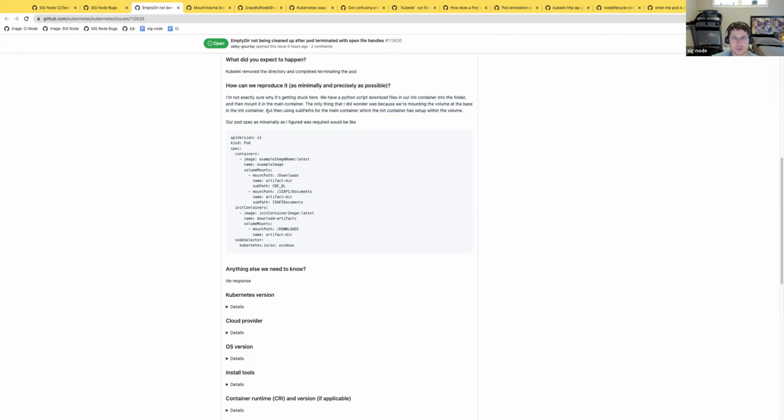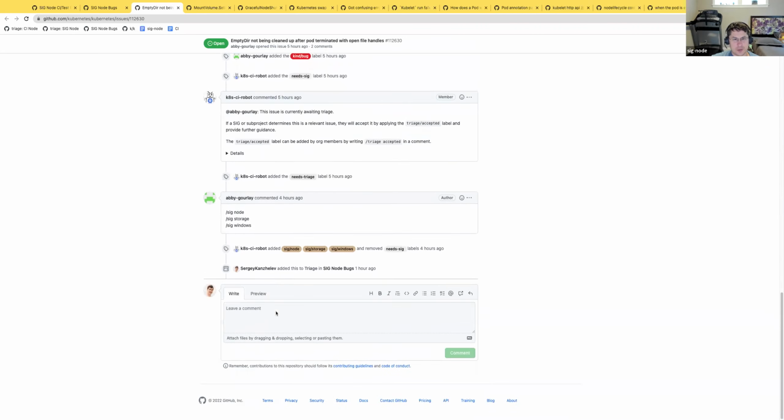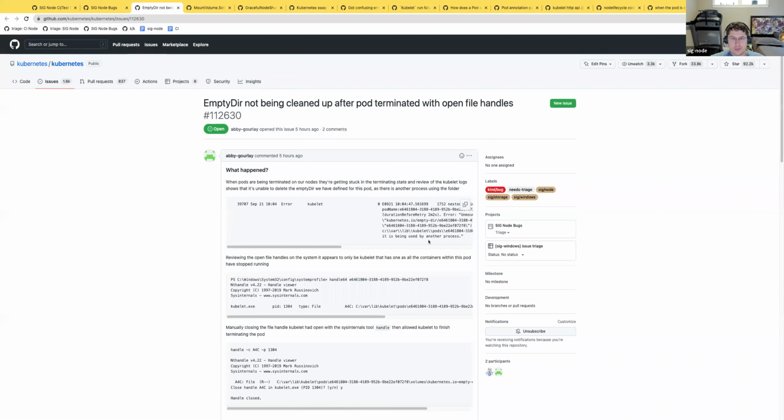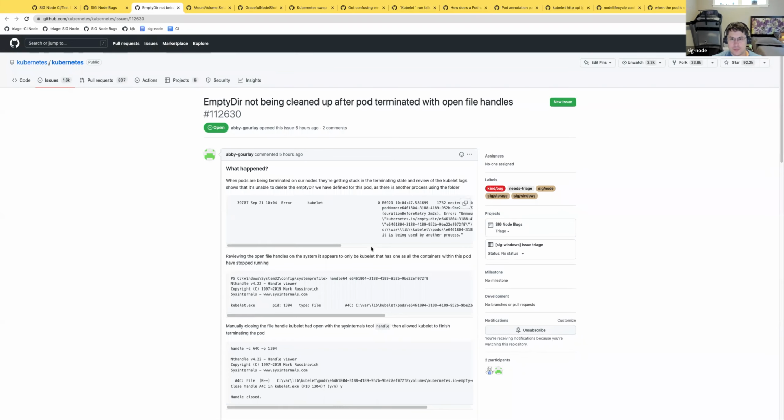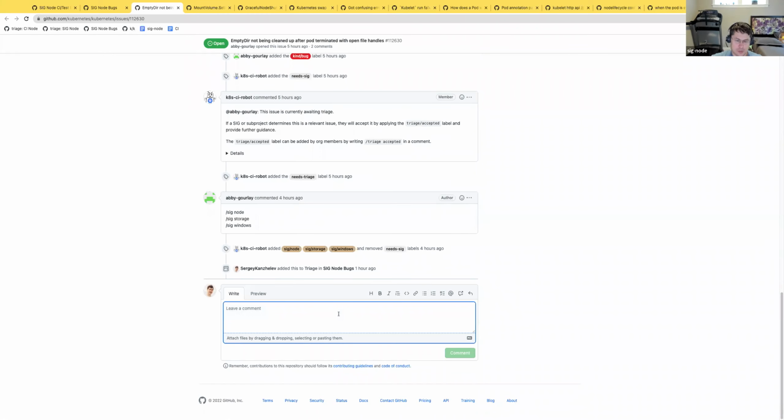Oh, interesting. Subpath and init container combination. I don't think it's SIG storage or SIG. I would let SIG Windows take a look first.